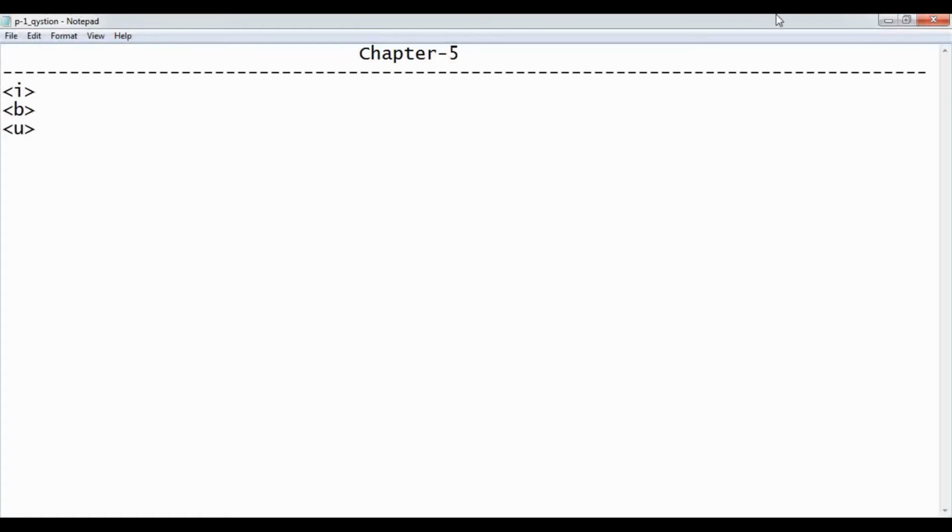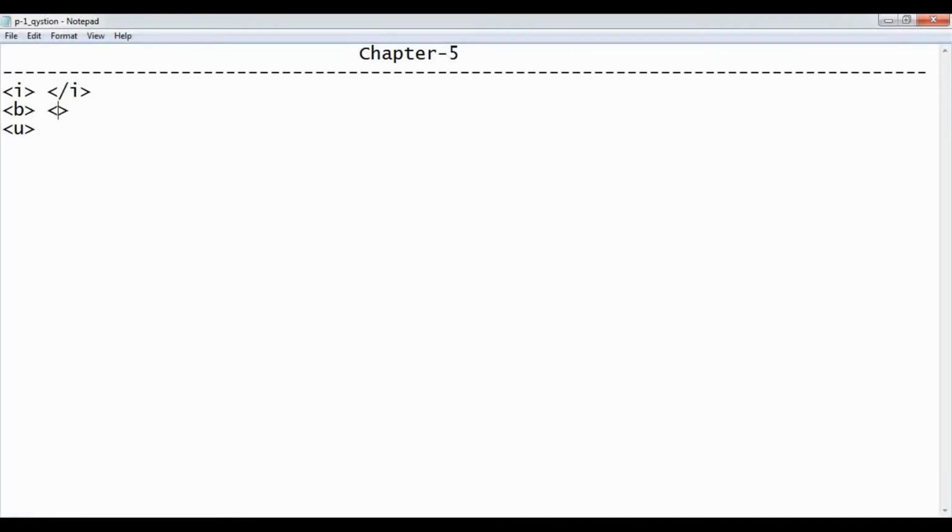These 3 tags are very common when you write any Word document also. We'll use italic to make a text tilt, then bold to emphasize, highlight the text, and underline to underline the text. So these 3 tags are container elements, so you will have a closing corresponding tag for them.